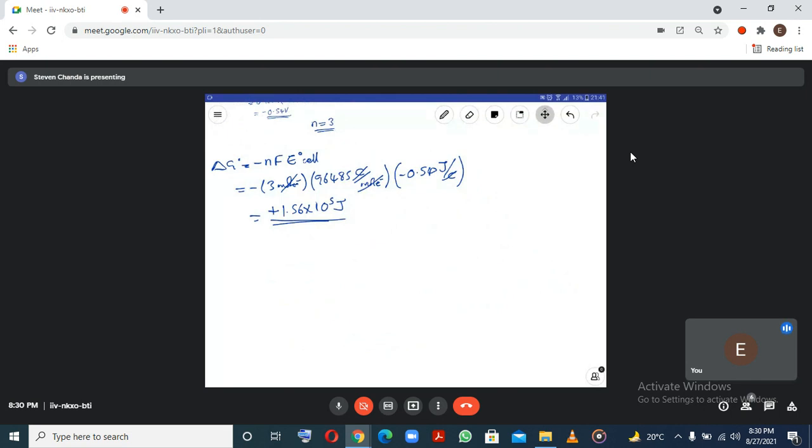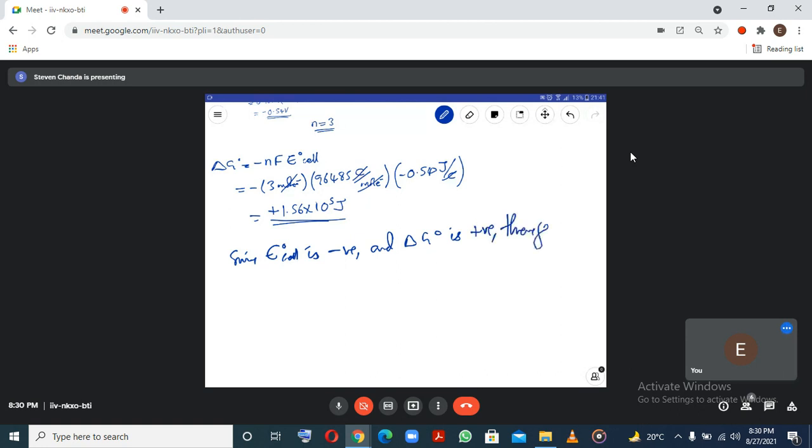So how you write this is: since the E cell value is negative and the change in free energy is positive,